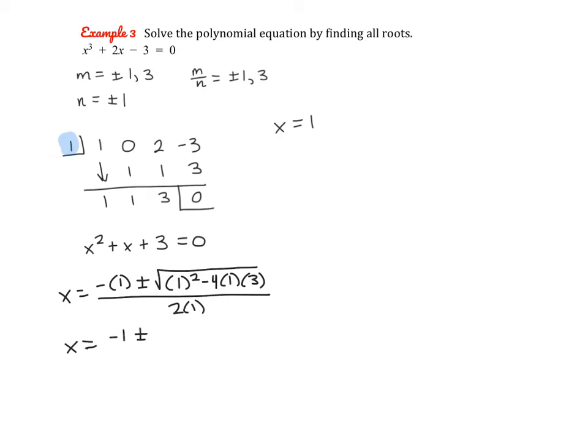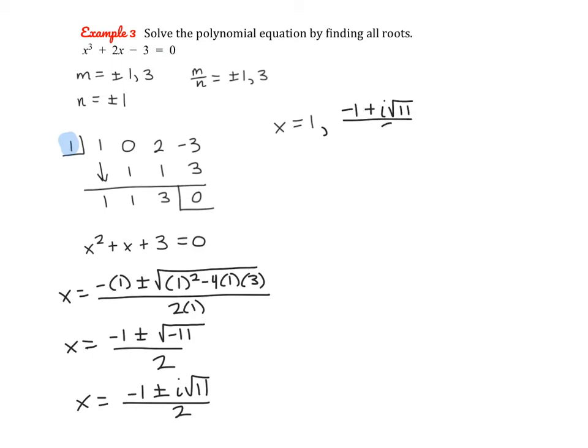So here we get negative 1 plus or minus the square root of, this gives us 1 minus 12, so negative 11 all over 2. And since we have that negative on the inside, we can put an i on the outside. These are going to become complex solutions, so they have that imaginary number. So these are our last two answers. So we have negative 1 plus i root 11 all over 2, and negative 1 minus i root 11 all